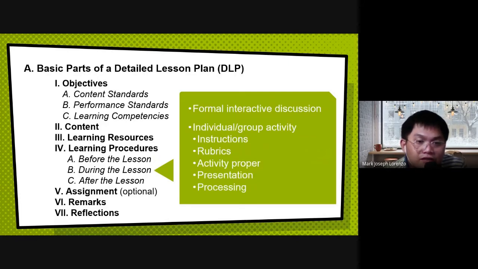So during the lesson naman, it includes discussing new concepts and practicing new skills 1, discussing new concepts and practicing new skills 2, developing mastery. Maaaring formative assessment yung gamitin. Finding practical applications of concepts and skills in daily living, i-apply na nila, and making generalizations and abstractions about the lesson. Sa lesson proper or during the lesson,